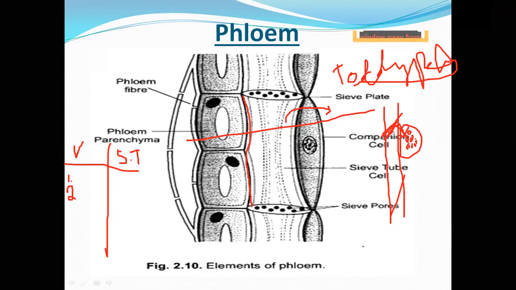This is because of damage to the sieve tubes. While making the cuts, they damage the sieve tubes, and whatever cell sap is there comes out from the tube. This sap is what we generally take in. So this is about the major differences between the vessels and the phloem tubes or sieve tubes.